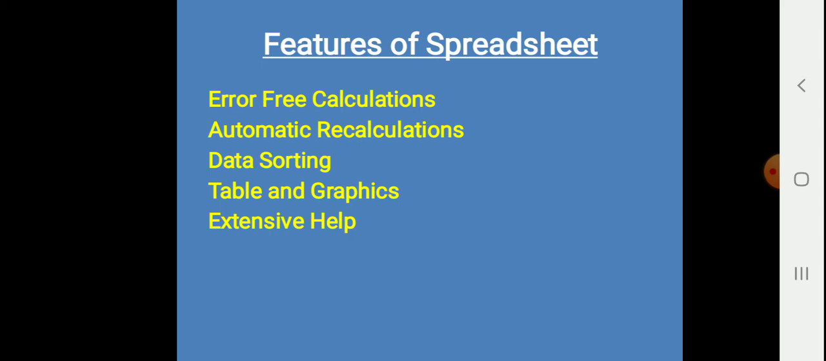Next is table and graphics. That means you can display data in tabular form as well as in graphics form, which is quite easy to understand. And extensive help. What is this extensive help? Yes students, MS Excel has a built-in help feature that can be used